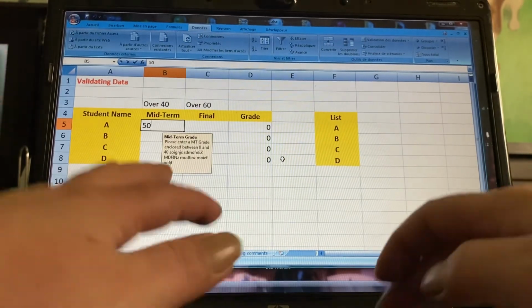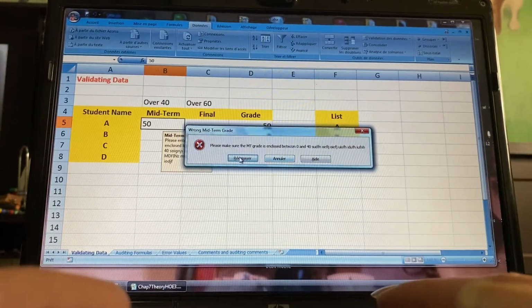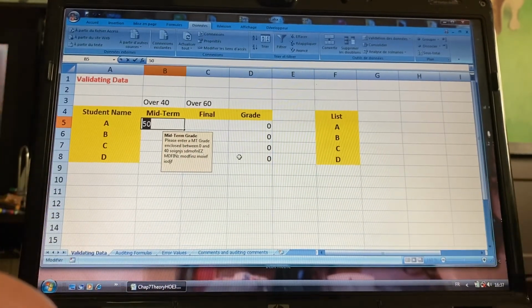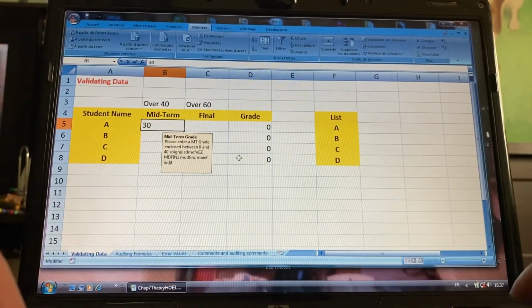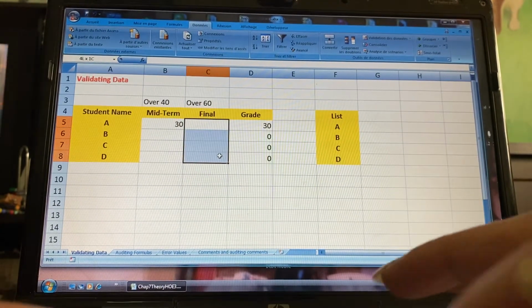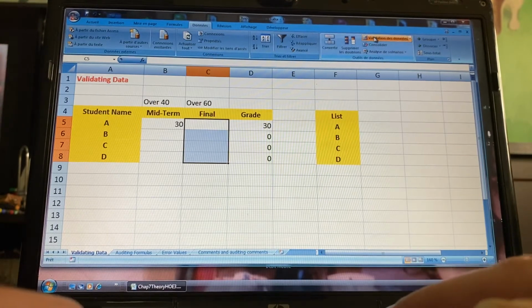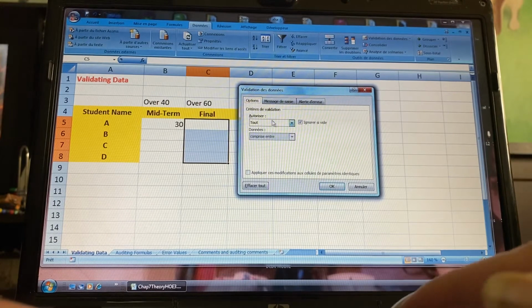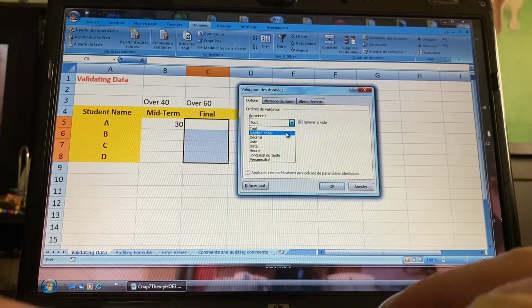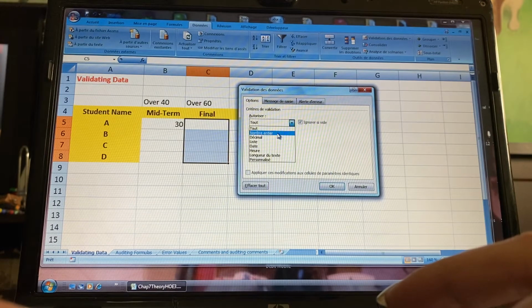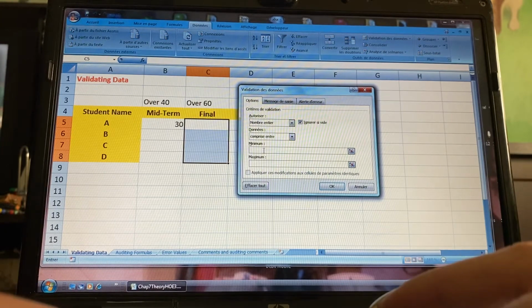Let me put 50 again. If you retry, it goes into write-in mode, okay? 30, and here you go. Okay, guys? And then I can do the same thing for here. Data validation, options, settings. I'm only gonna have an integer. Integer meaning I cannot have a decimal, okay? Just to try. Let's do it. And it has to be greater than,